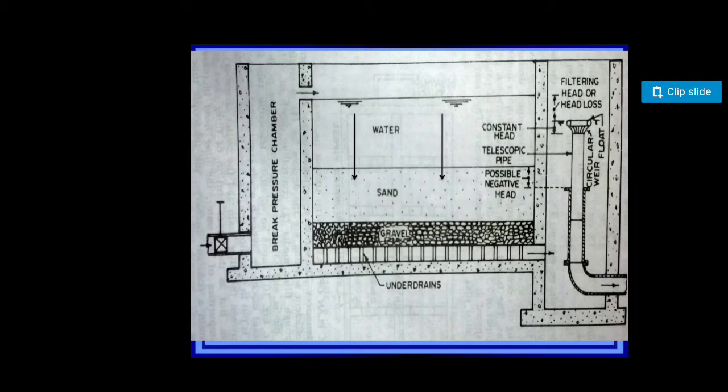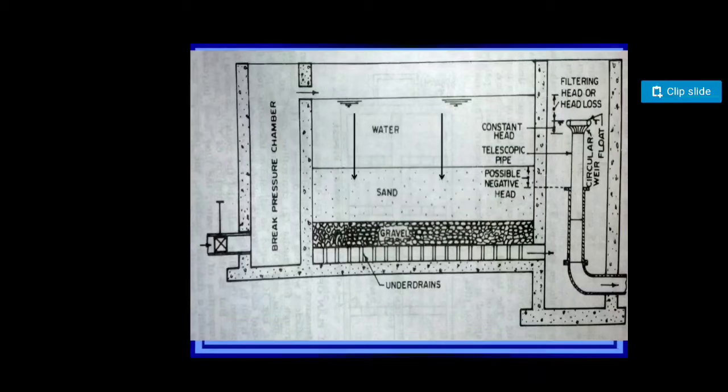So what is happening here, you can easily see that the water which is to be treated is fed in through the break pressure chamber, and the pore sizes provided by the sand keep reducing. The sand is called filter media, right? Whatever media is used for filtration is called filter media. It can be sand, it can be anthracite, or it can be any other material. So there is sedimentation, there is filtration, and there is also biological treatment.